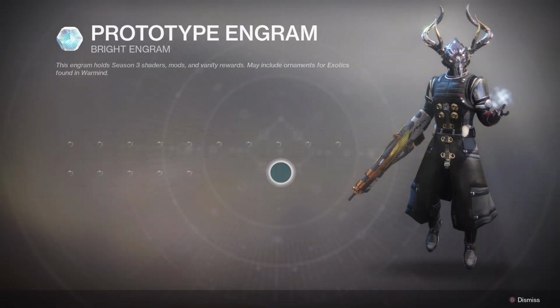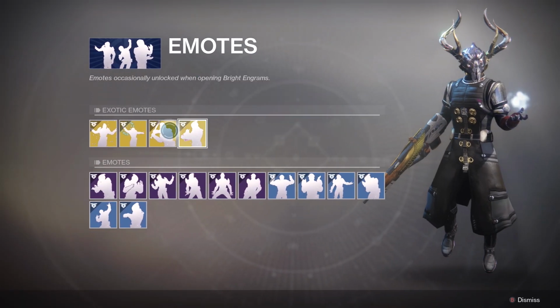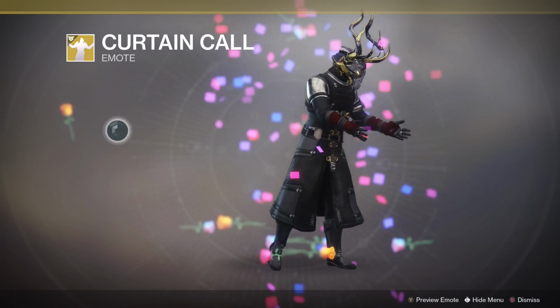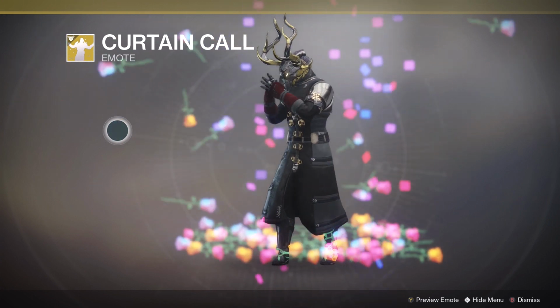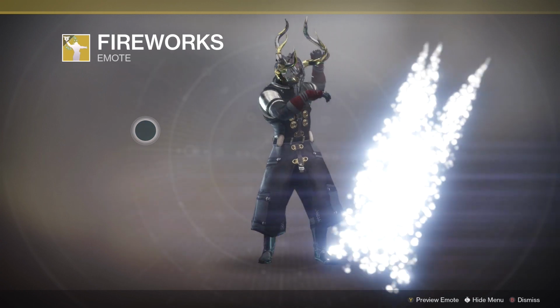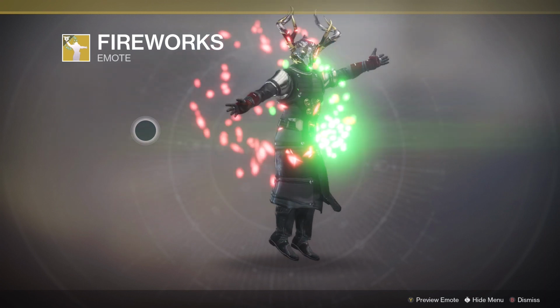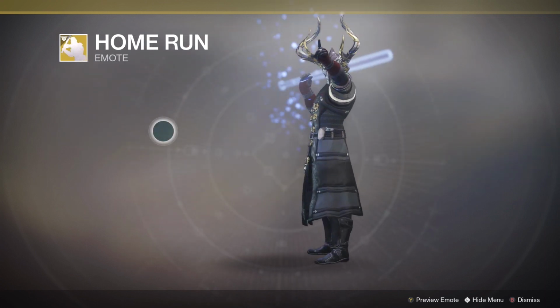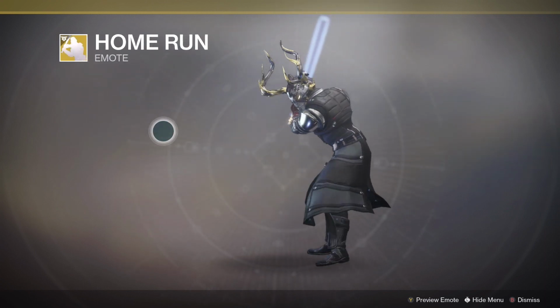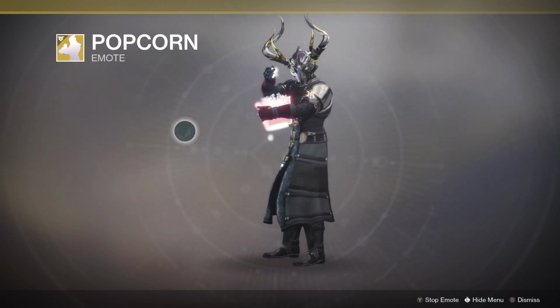We then have the brand new emotes, and we have 4 brand new exotic emotes. We have Curtain Call, we have Fireworks, we have Home Run, we have Popcorn,